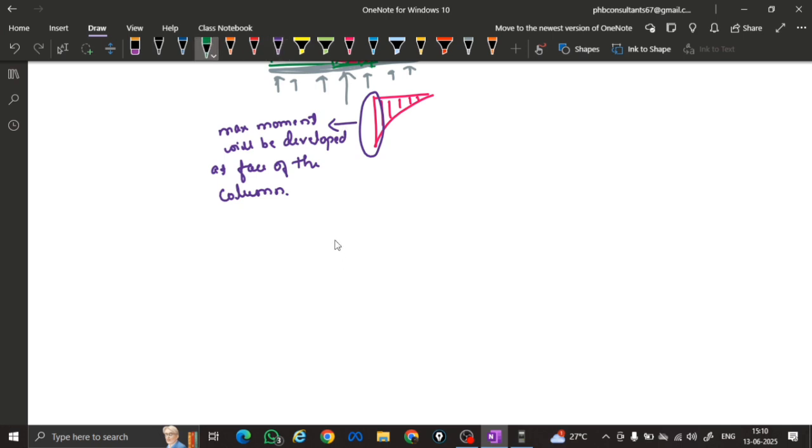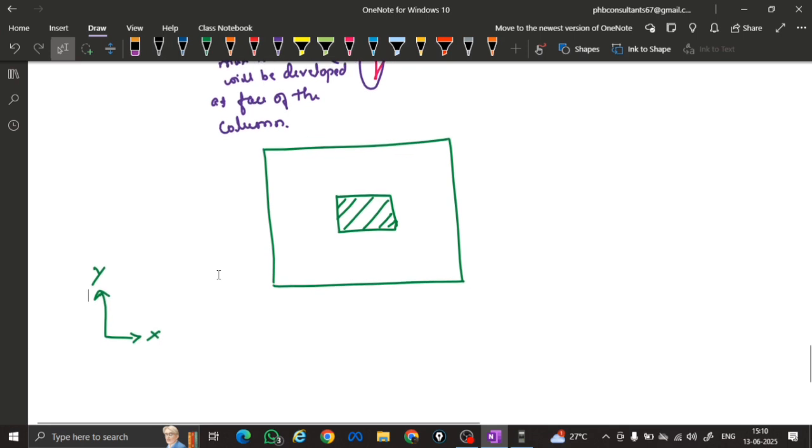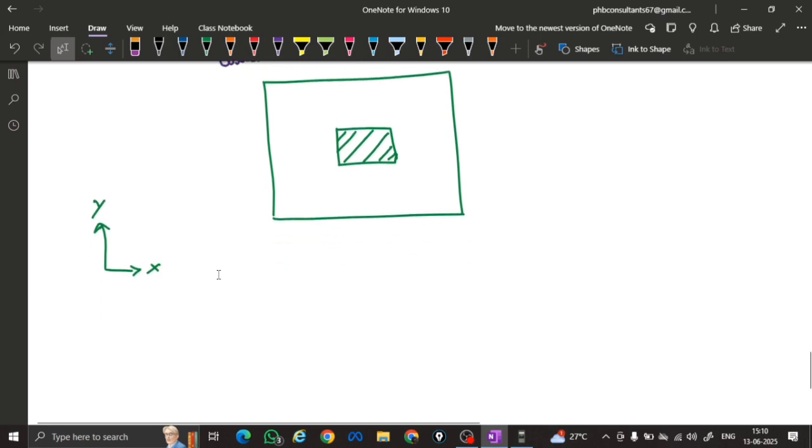So this is our thing. Here is x direction and this is y direction. Now we will see the moment. This is our x direction